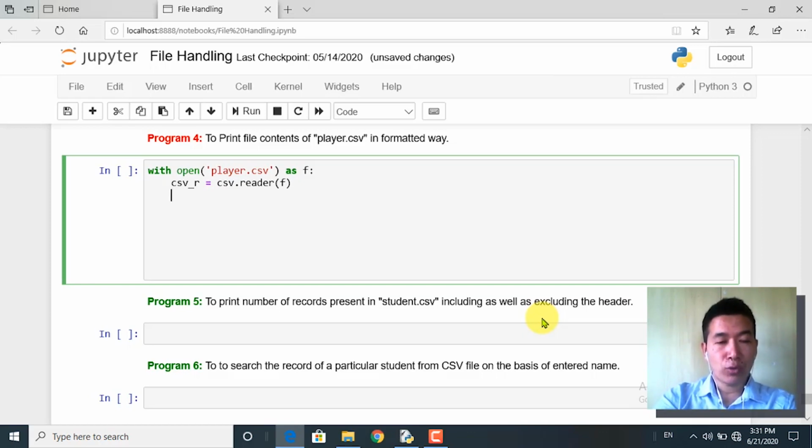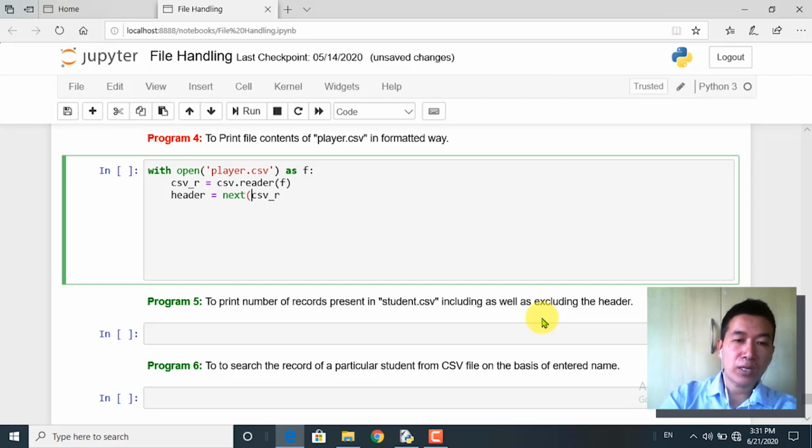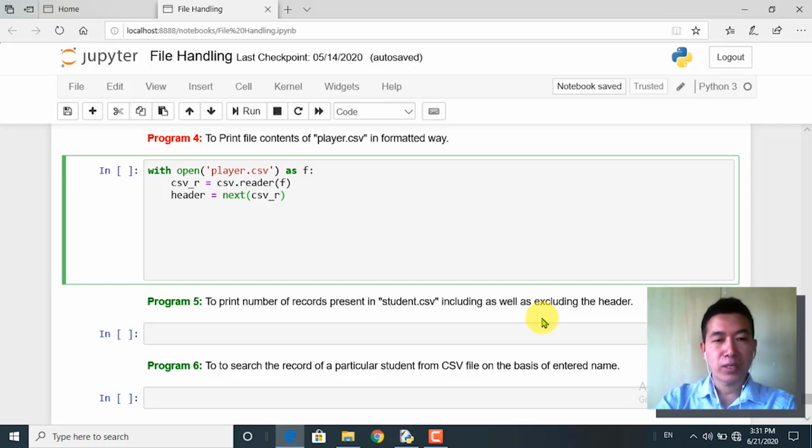Okay, so I'll use a variable called header, and then I'll have csv_r, and then I'll use the function called next. I tend to write the function later because till this year I've been dealing with C++ and languages like Java, where the function comes later. Okay, in Python it's a little different. So next,